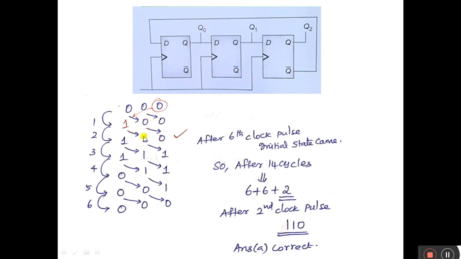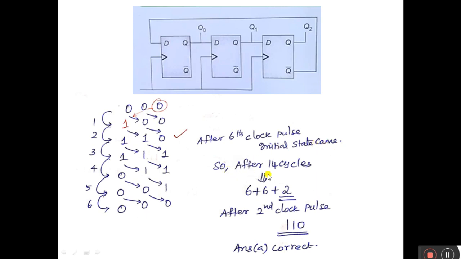These states remain the same, 1, 0. After applying the next clock pulse, this 0 becomes 1 and the 1, 1 remain the same. Then at the next clock pulse, this 1 becomes 0 and the 1, 1 are the same. That is directly shifted. Then after applying the next clock pulse, this becomes 0 because Q bar is connected to 1. So 1 becomes 0, 0, 0. After applying the 6th clock pulse, 1, 0, 0. So 1 becomes 0, this is the same. Now see here, after the 6th clock pulse, I am getting the initial state.